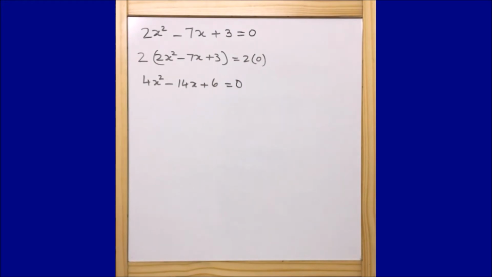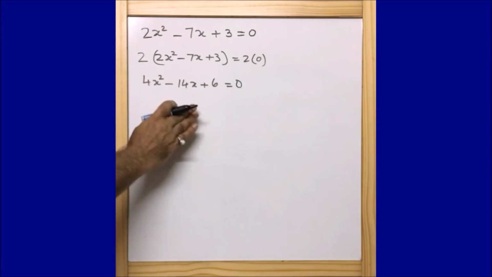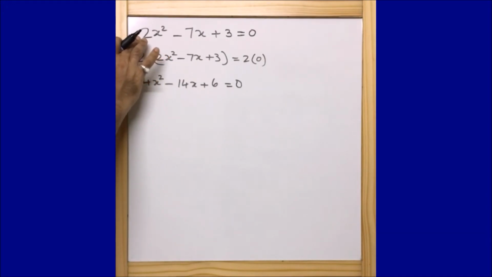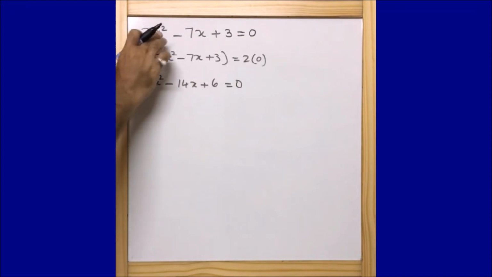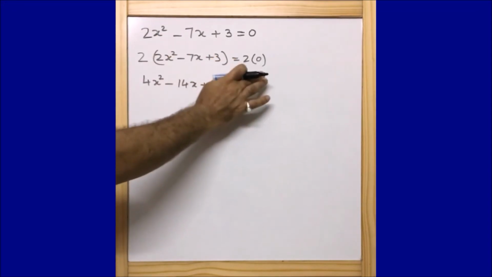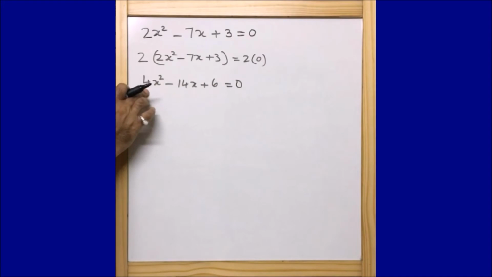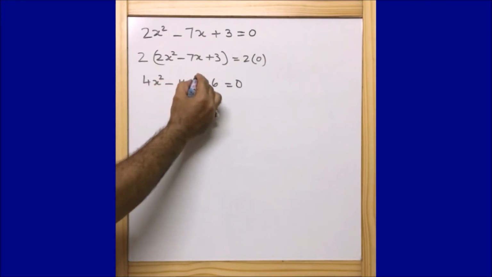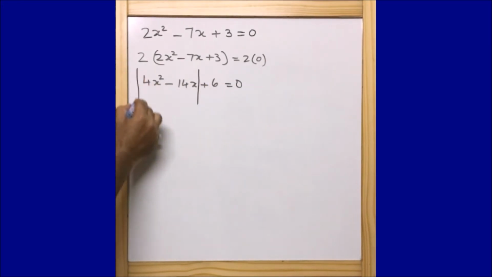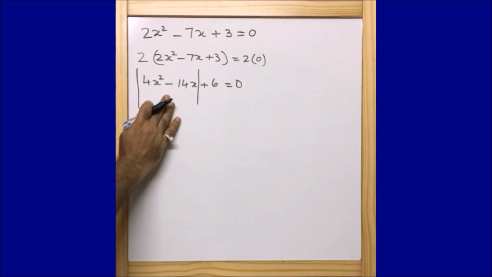Now guys, from here we are going to start using completing the square. As I told you, our first aim is that the coefficient of x^2 should always be a perfect square. For that reason, I converted it to a perfect square, because initially it was not, by multiplying both sides of the equation by 2, because 2 into 2 gives 4, and 4 is a perfect square. Now just focus on this part. Let us keep 6 aside like this and focus on this part.